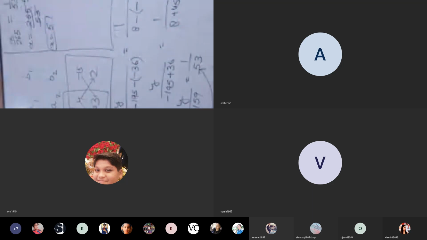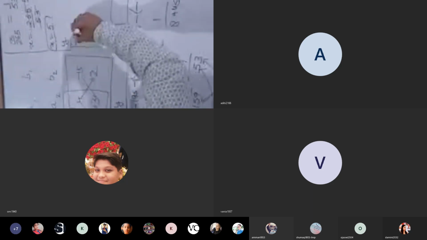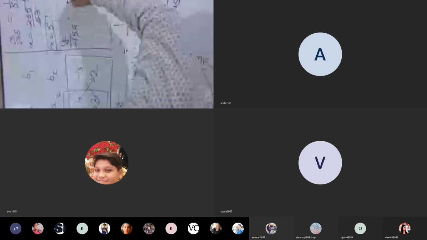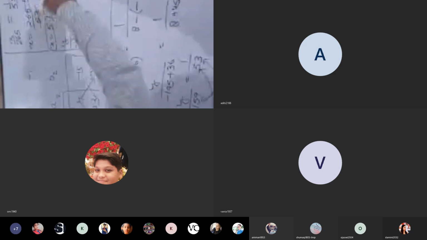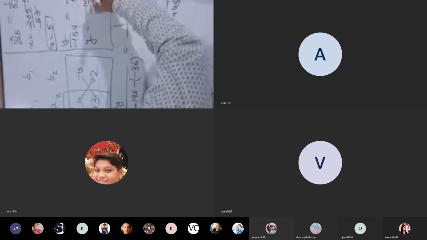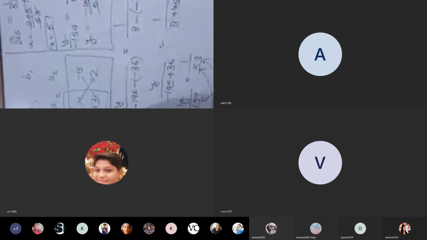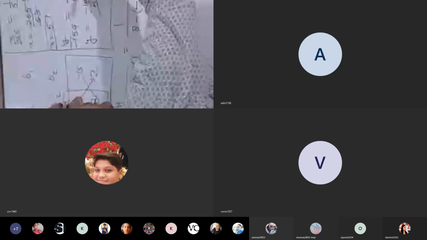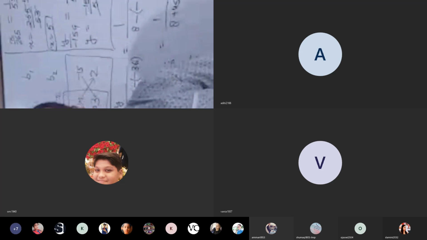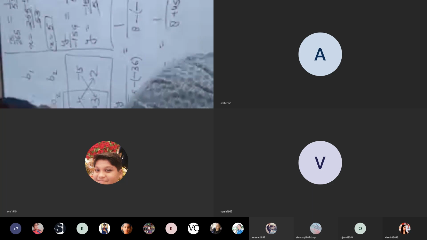Now we have to find the value of y. So for y, what you have to do? These two numbers we will take equal. y upon minus 159 equal 1 upon 53. Now this minus 159 will come here on the right hand side. So this will become minus 159 upon 53. On cancelling these two, we will get minus 3 as the answer. So the x answer is 5 and the y answer is minus 3. Is this question clear?